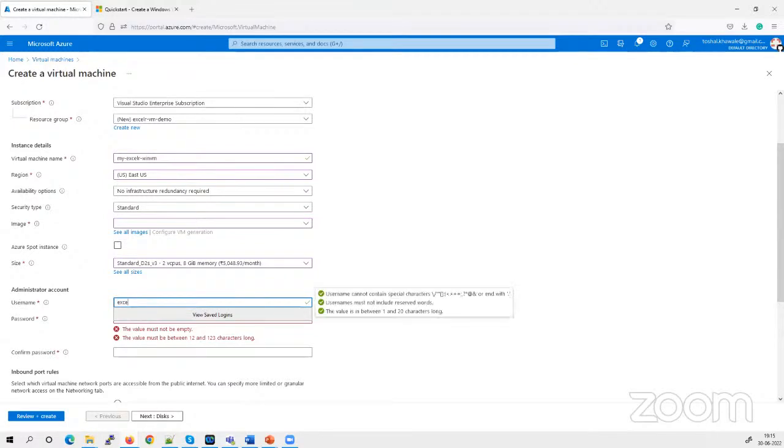at times what happens, you will not be able to log in to this machine without